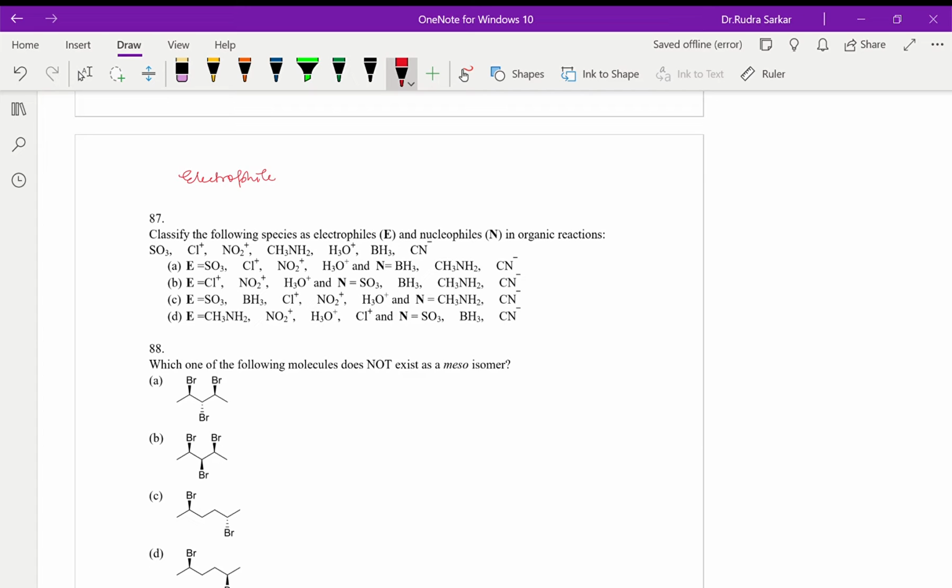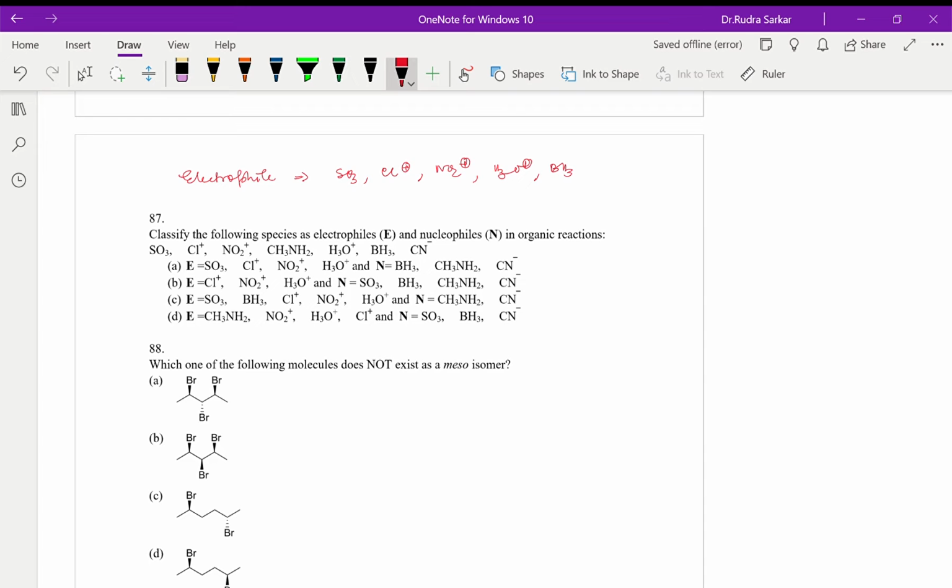So if we consider that way, the electrophiles over here are SO3 because it can extend its octet, Cl plus, nitronium NO2 plus, H3O plus,